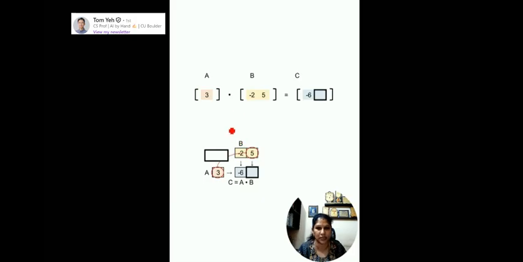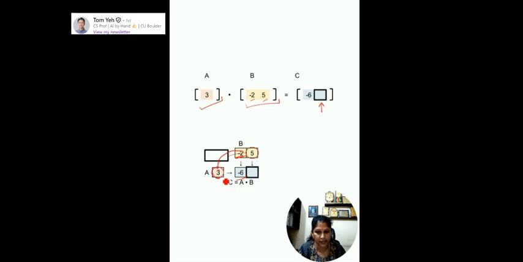Now kindly observe, here we have the vector A, which has the value 3, and the vector B, which has 2 values, that is negative 2 and 5. Okay, and here we need to identify the second value of the resultant. As we already know, the first entry is multiplied by the first entry, and here it is a negative value, so we get a negative value.